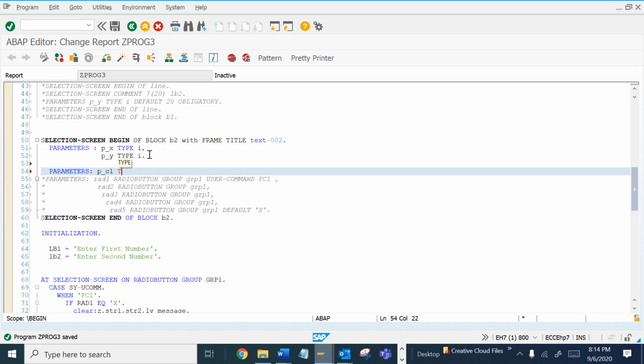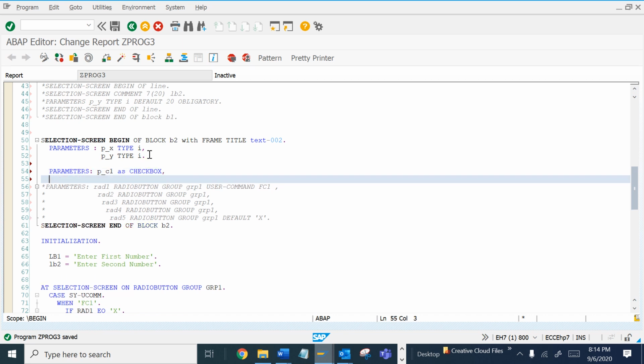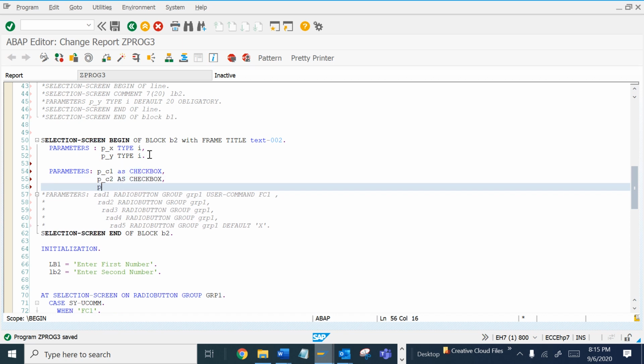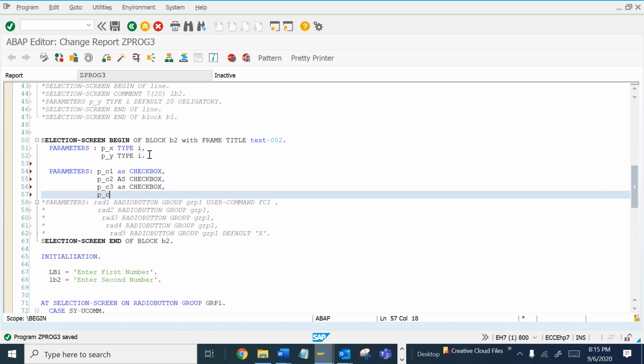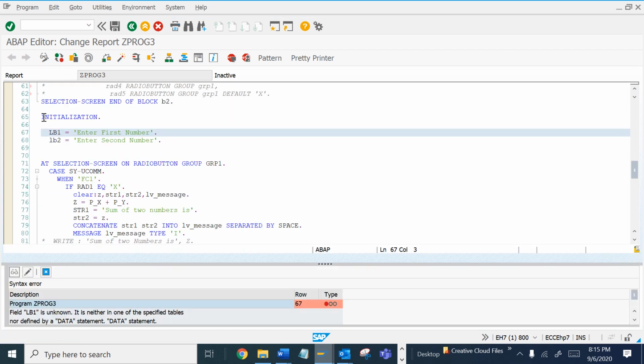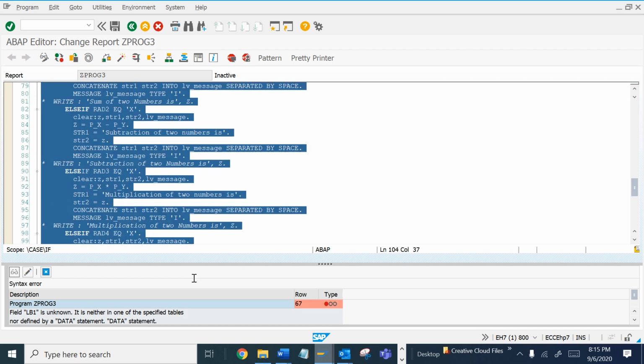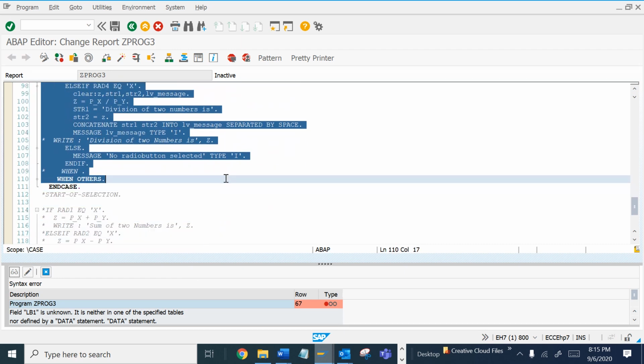Sorry, we have a checkbox keyword directly for this. So we have to create 4 checkboxes like this. Let me comment this part too, because I don't want to repeat the same process for all.